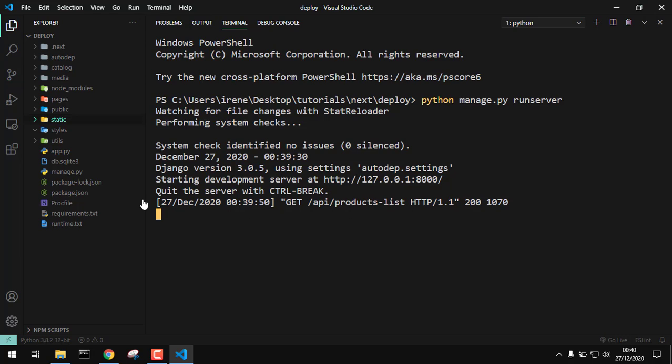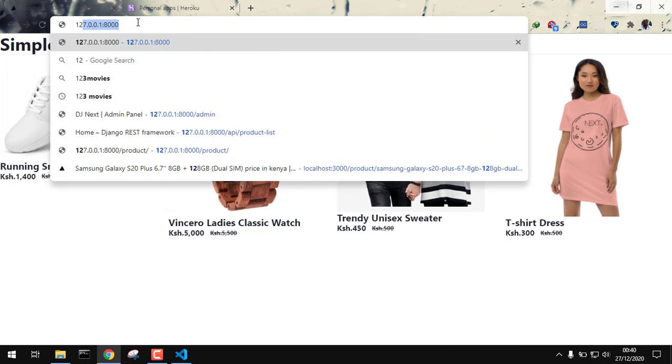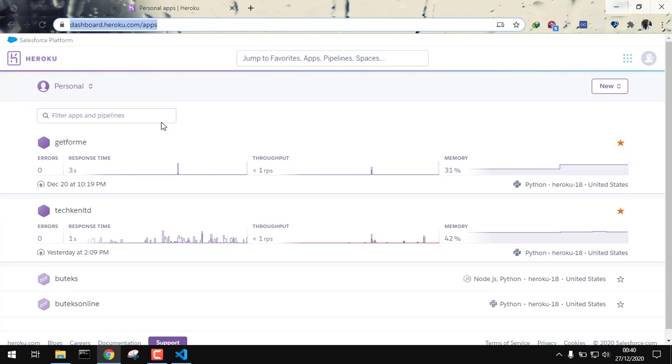We can close that instance there, and since we are on localhost port 8000 and the server is running, we can just go ahead and go to port 8000, and hopefully we should see the same site, which is nice and beautiful. Now that everything is right for deployment, we can hop over to Heroku and